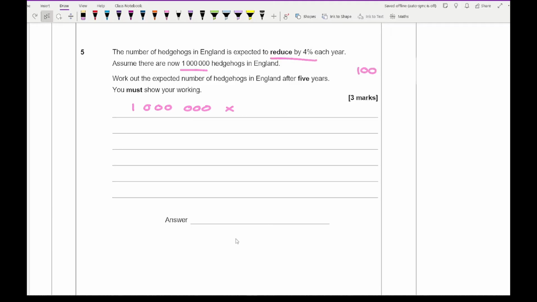Remember that we always start with 100%, take away 4%, which equals 96%, and that as a decimal is 0.96. So I'm going to multiply that by 0.96, and I raise it to the power of how much time I'm wanting, which in this case is 5. So if I type that all into my calculator, making sure I've got the right number of zeros, and to the power of 5, I get an answer of